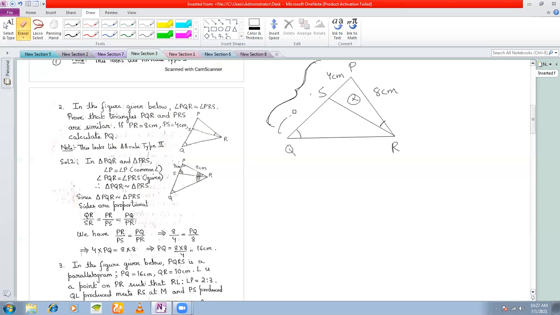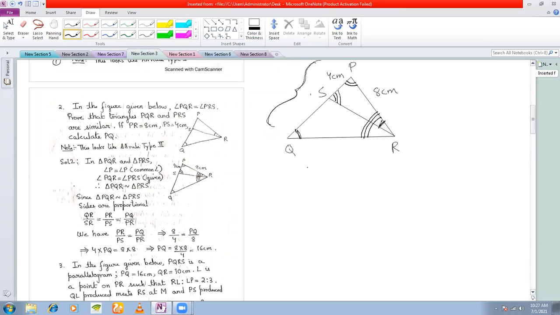Okay, so let's first prove similarity. In order to prove similarity, we need to identify which two angles are given to be equal. So clearly these two angles are given to be equal. Also, this is the common angle between the two triangles, right? Now in the smaller triangle, this is the angle that is left. So this angle has to be equal to the angle that is left in the bigger triangle. Right? So these two angles must be equal.